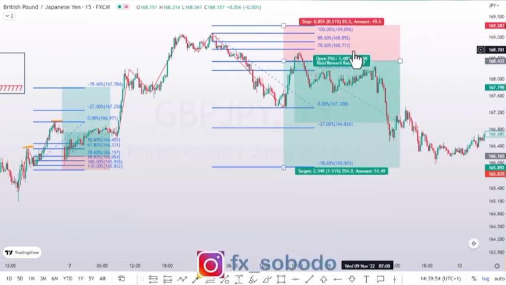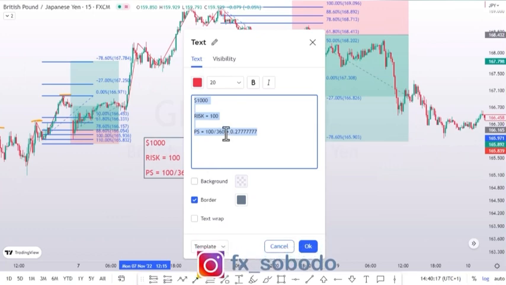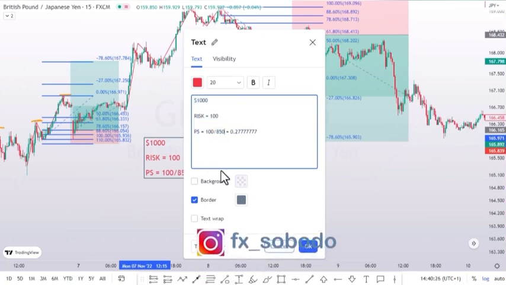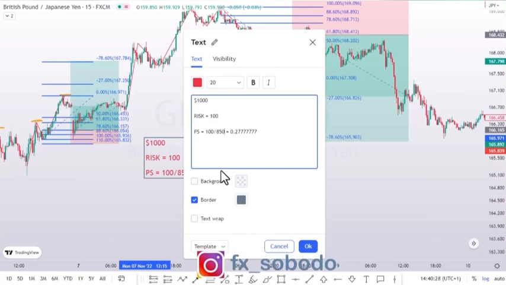So now here you will have an 85 pip stop loss. Here instead of 360 we'll put 850. So 100 divided by 850, we get